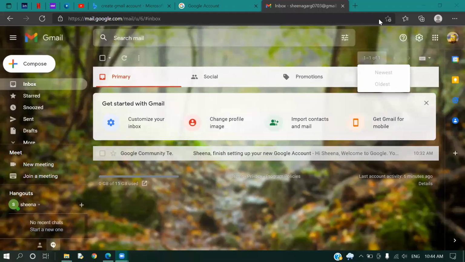So this is all about today. Today, what we have learned, we just revise it. First, we used the snipping tool, which is used to take screenshots. And then we learned how to create a Gmail account and change the settings of the Gmail account. So this is it for today. Rest we will do in the next session.